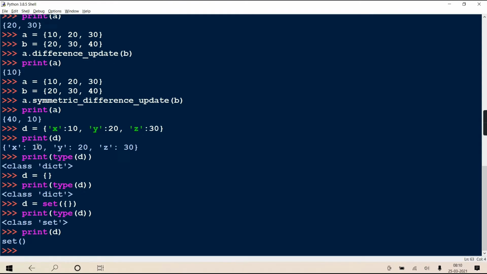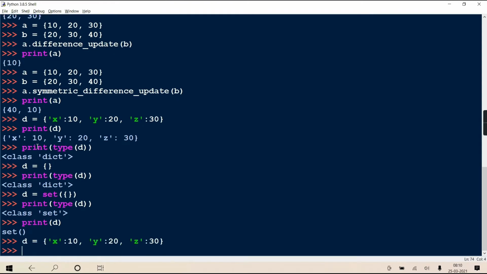Suppose I am creating this dictionary and I want to access a value. You can write it like this: D of key. As I said, a dictionary is also indexed. Indexing means we use this square bracket, this subscript sign. When we are allowed to use it, we say it is indexed. But inside we use the keys.